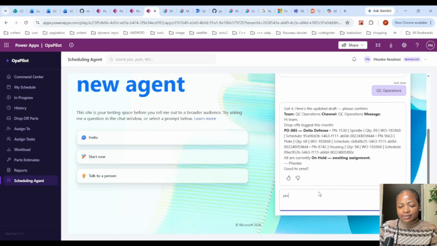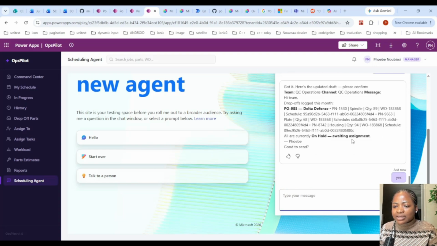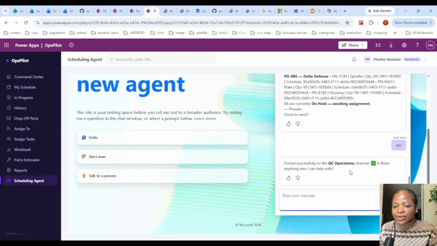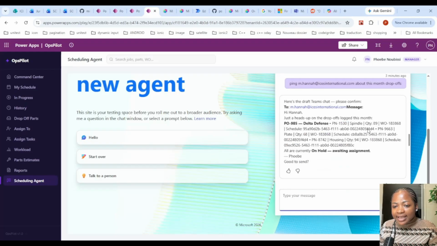Yes. So before it was saying that no team named Daily Digest. Let's try this one. Okay, so this is done. So we have tested the notification, so now let's change this estimate